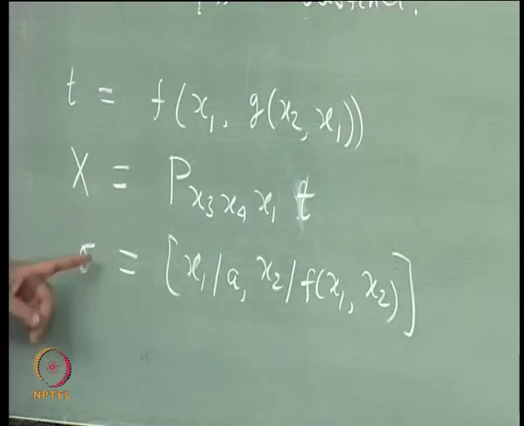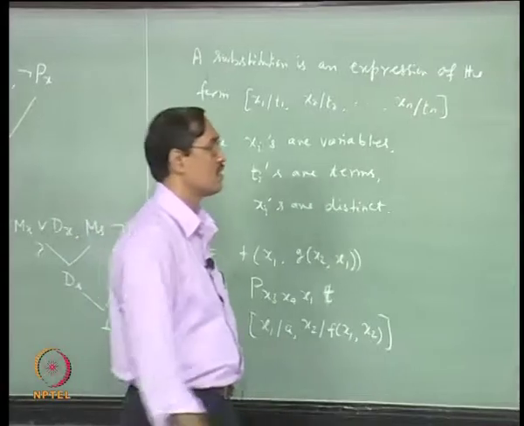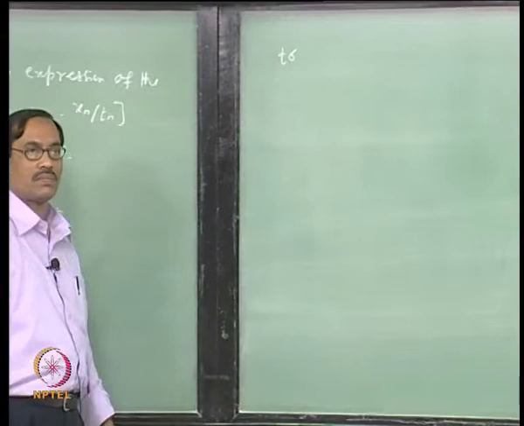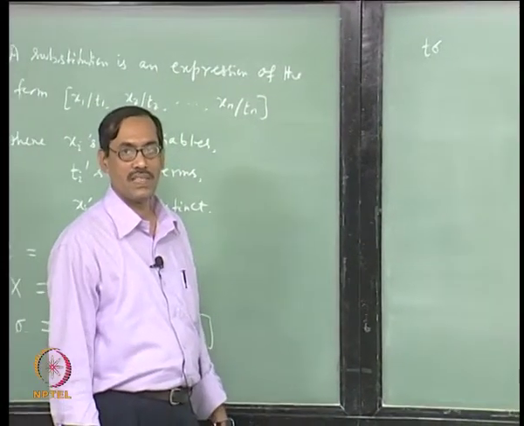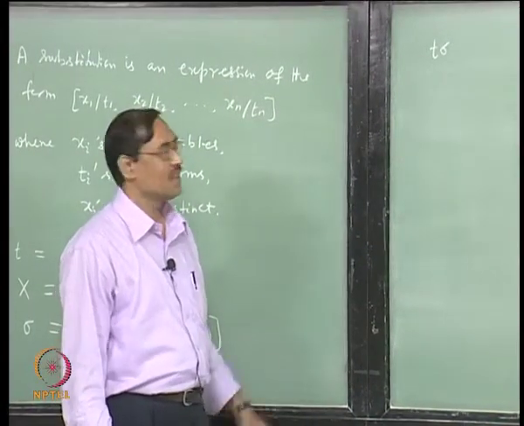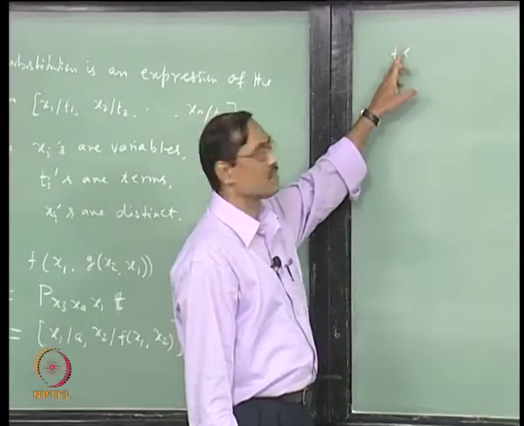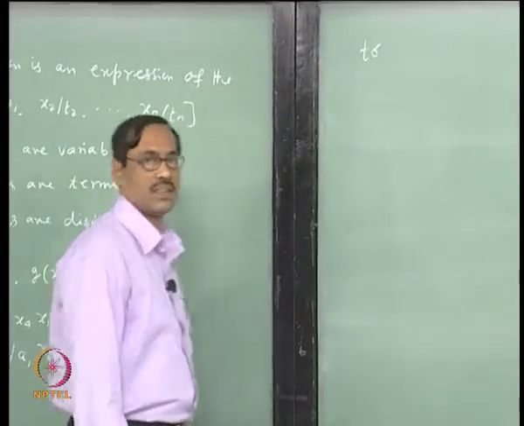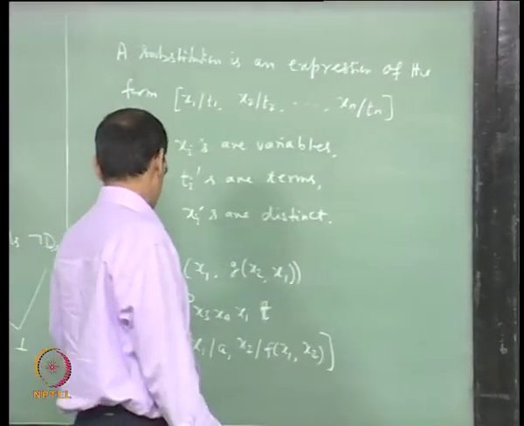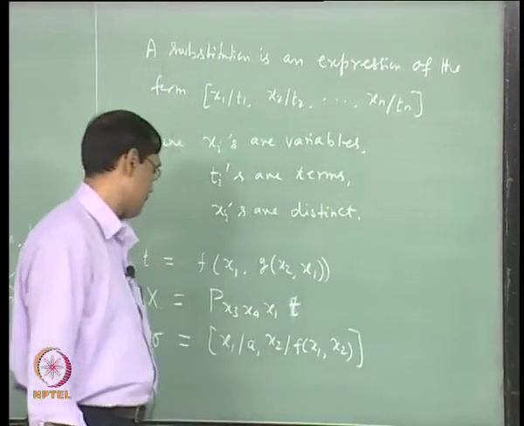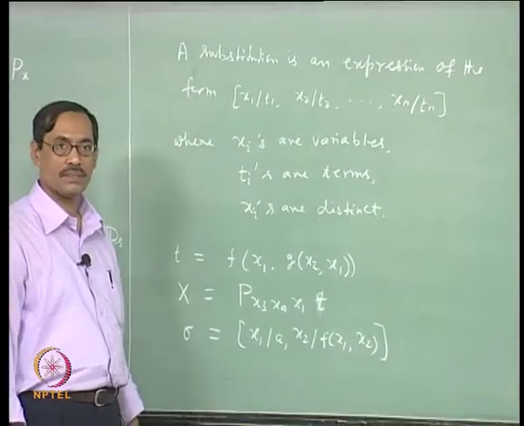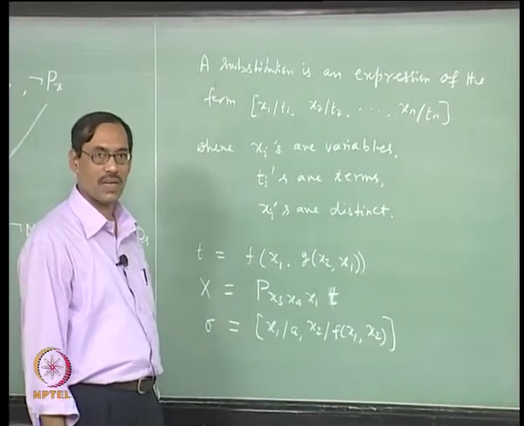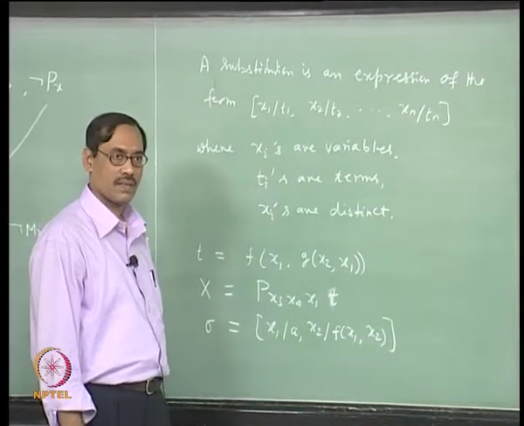Now, let us apply this sigma on t. So, we will write that as t sigma. Sometimes, if readability is a problem, we will write another bracket here for t or brackets for sigma and others. Sometimes we will use them. Now, let us see what is t sigma. At a time we have to substitute all these things, that is what it means, simultaneously, not one after another, fine.